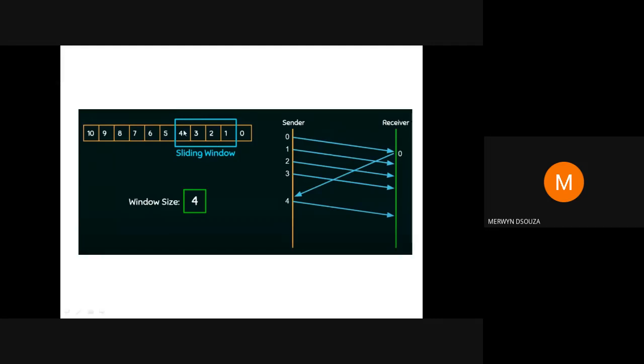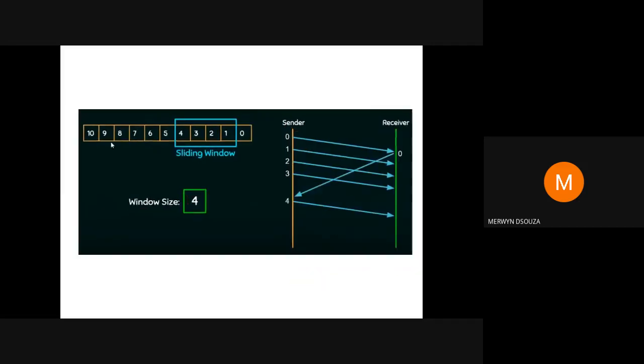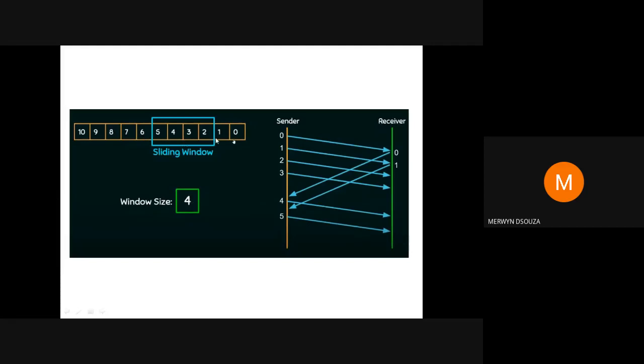Right now it shows the packets for which the acknowledgement has not yet come. As the acknowledgements come, the window will keep sliding and highlight the packets for which the acknowledgements have not yet come. Now say the next acknowledgement comes, of packet 1. Then one more packet can be sent. Now it shows that for packets 2, 3, 4 and 5 the acknowledgement has not yet come. As you can see, the sender is sending only 4 packets at a time and then waiting for the acknowledgements, because the size has been fixed at 4.